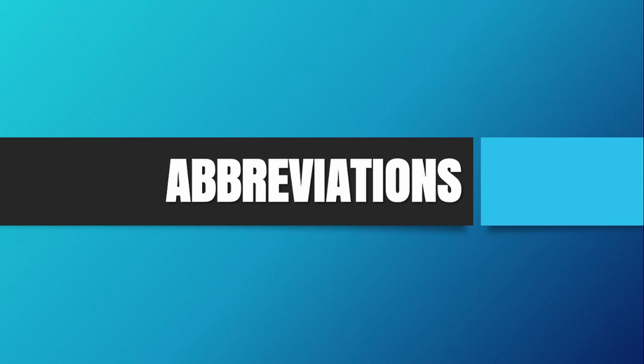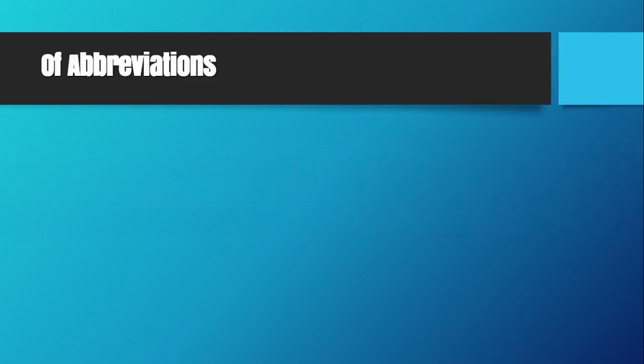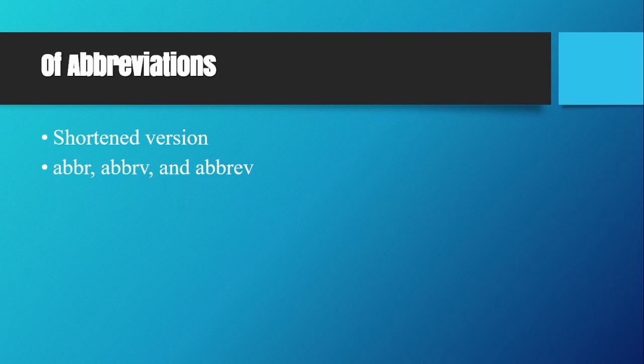So today we are going to discuss, in detail, abbreviations. If we talk about the definition of abbreviations, this is a kind of shortened version of a word or phrase. An abbreviation is a shortened form of a word or phrase by any method. By any method means there are a lot of methods through which we can shorten the word or the phrase, which we will discuss later on in detail.